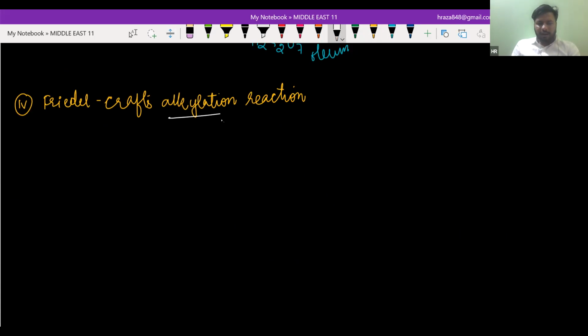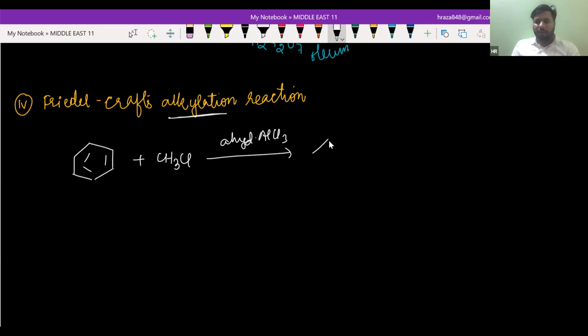This is basically alkylation. That means we have to add alkyl group. So here is benzene, and you are going to add chloromethane in the presence of anhydrous AlCl3. What happens here is alkyl group, that means methyl will go and substitute hydrogen, and hydrogen will remove from benzene,